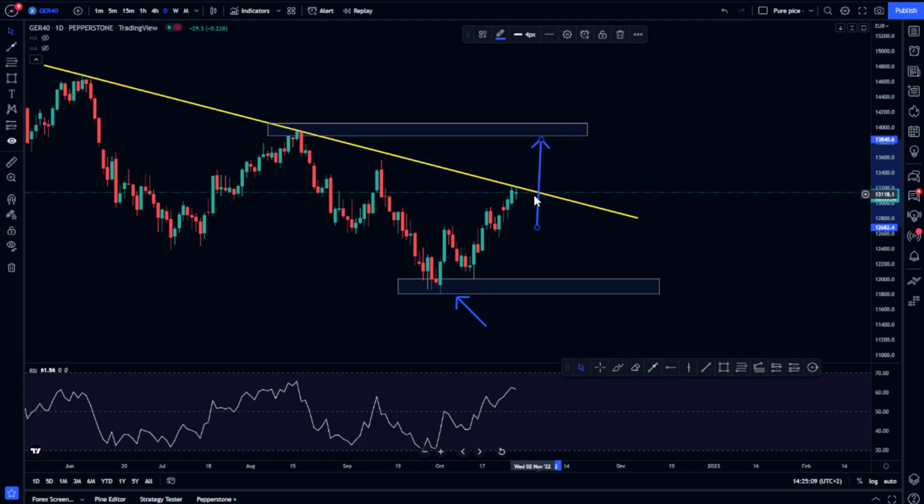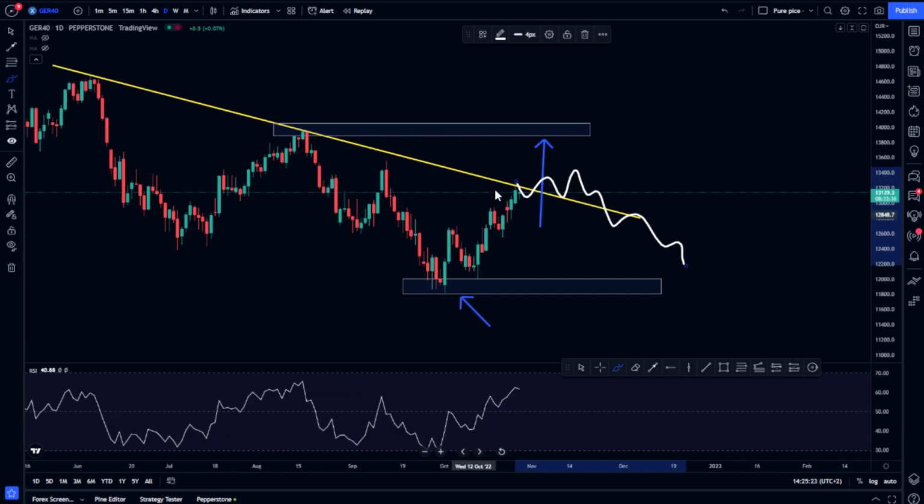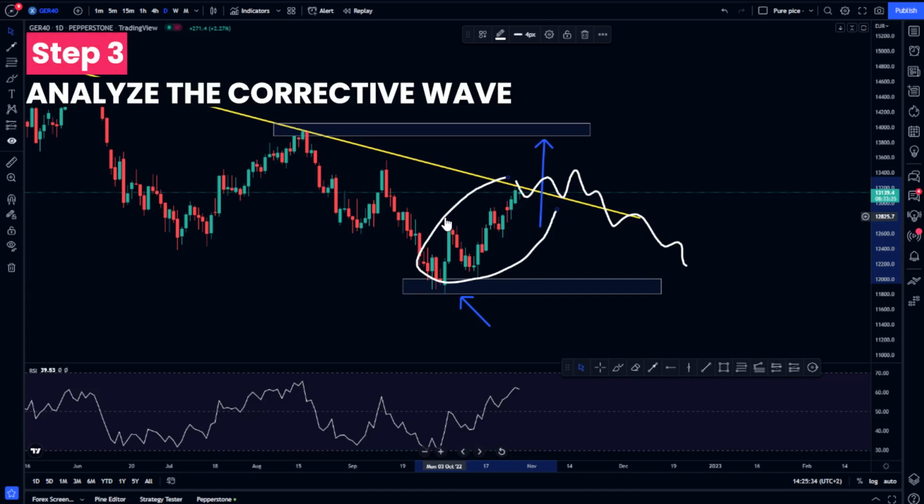is closer to our resistance, meaning we are likely to see the market going down anytime from now, not only because of the trend line, but because it has already bounced from a support, or it has already formed a support, meaning this wave is now a corrective wave, which is something that we are interested in. This leads me to the next point, that you have to make sure that you identify the pattern that is